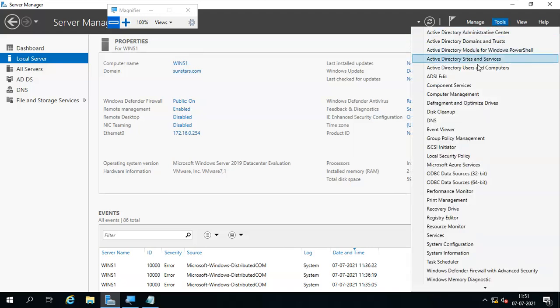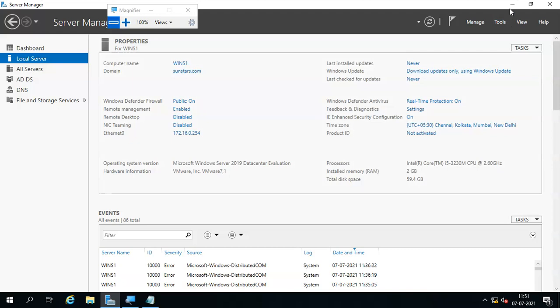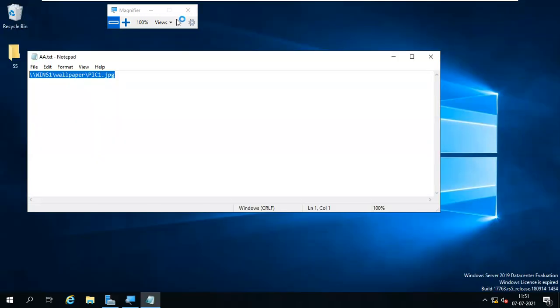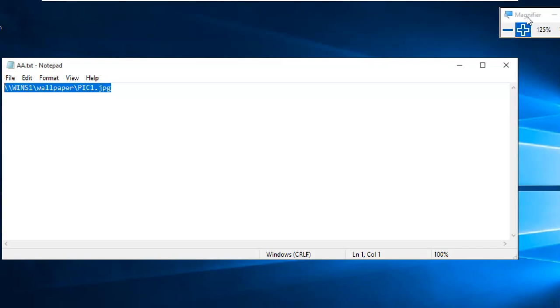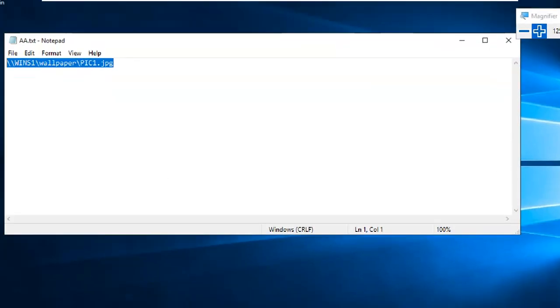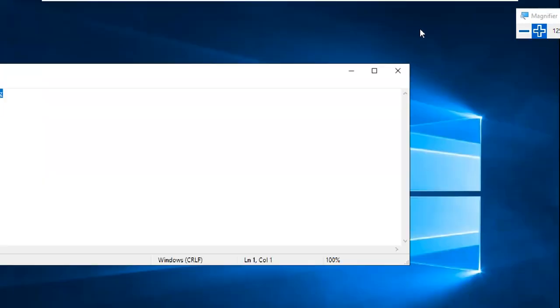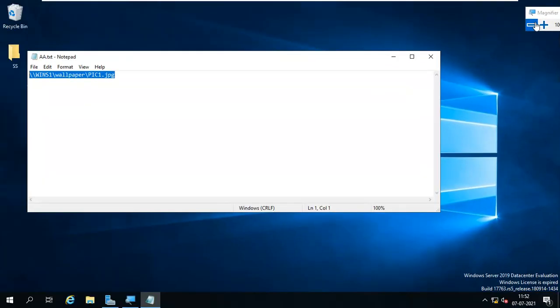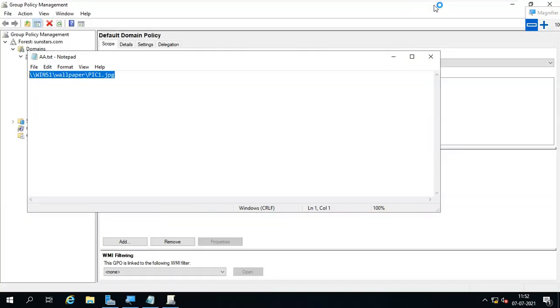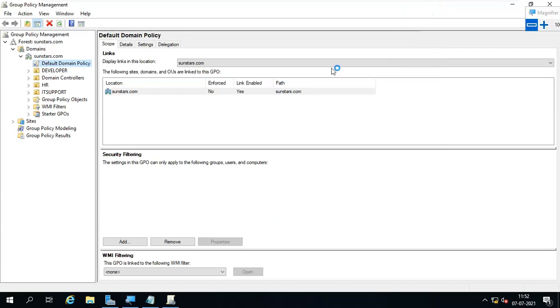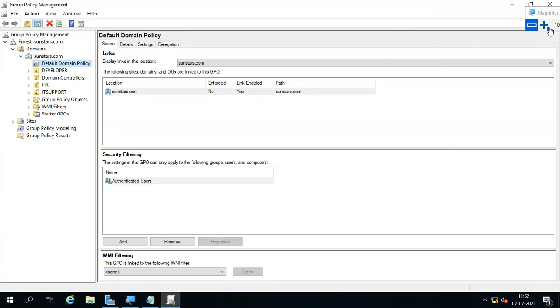Go to Tools, Group Policy Management. It is still not yet open. It will open.